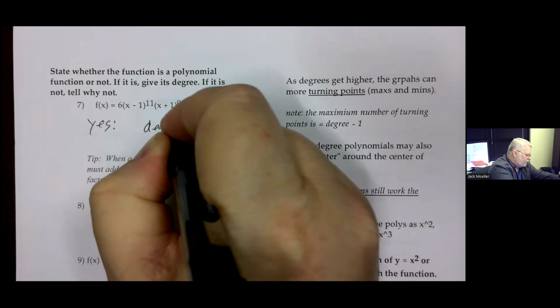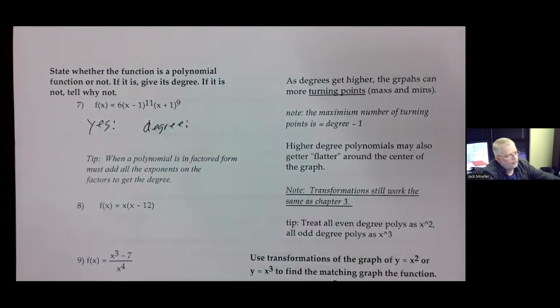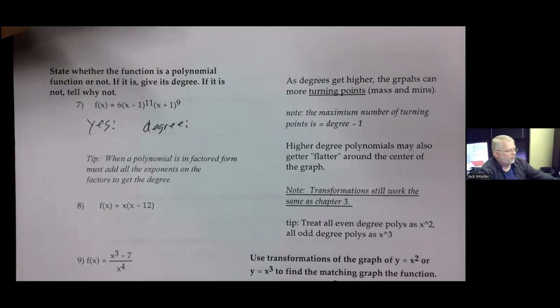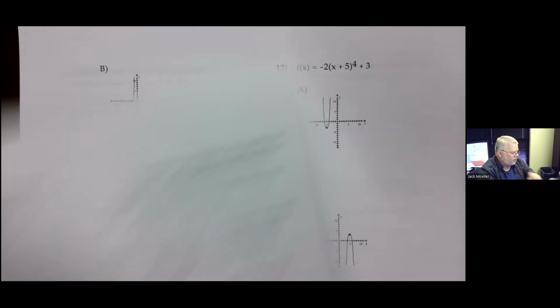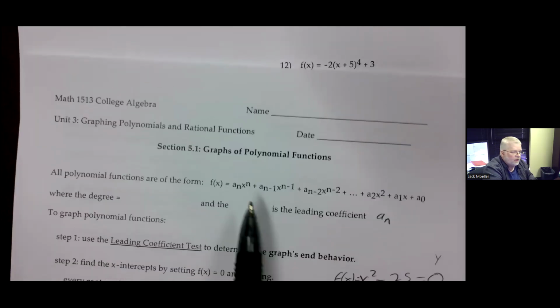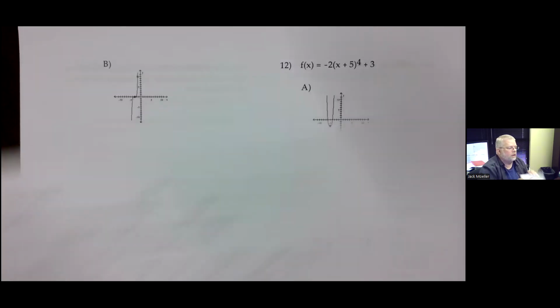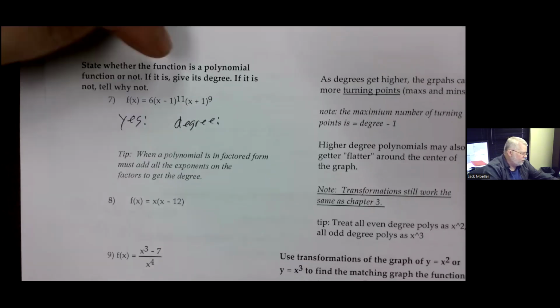Now here's where you have to be careful. If I ask you for the degree, what would you say? In class, the most common answer I get on this is 11. If you're saying the degree is 11, then you're good up till what we've covered so far, because we've said the degree was the biggest exponent. But that's only applicable if it's in written out form. If it's in that form, then the largest exponent is the degree. If it's in factored form,